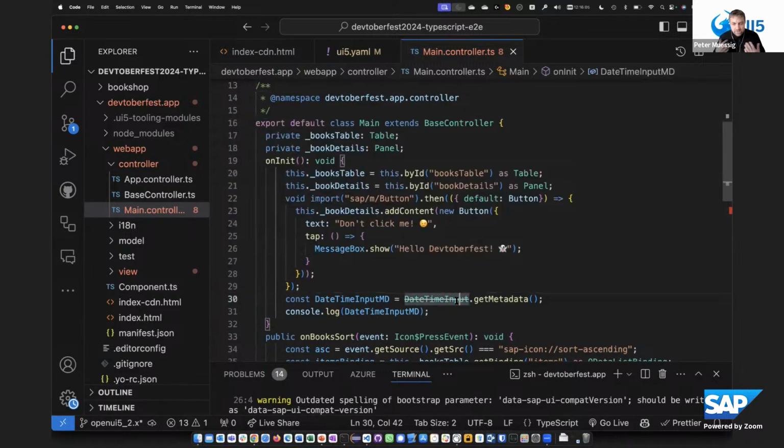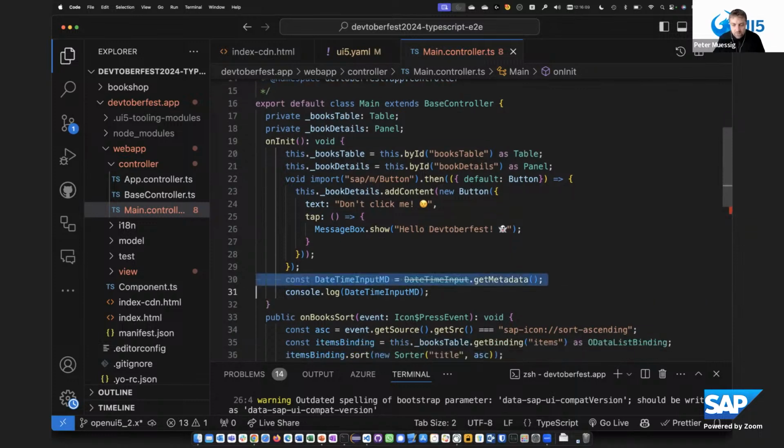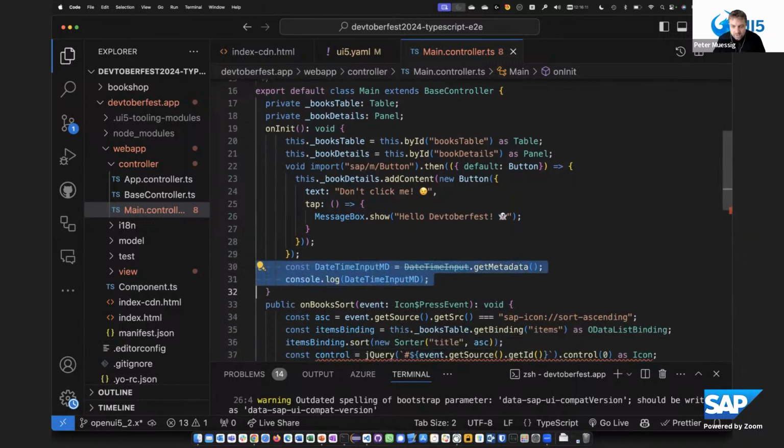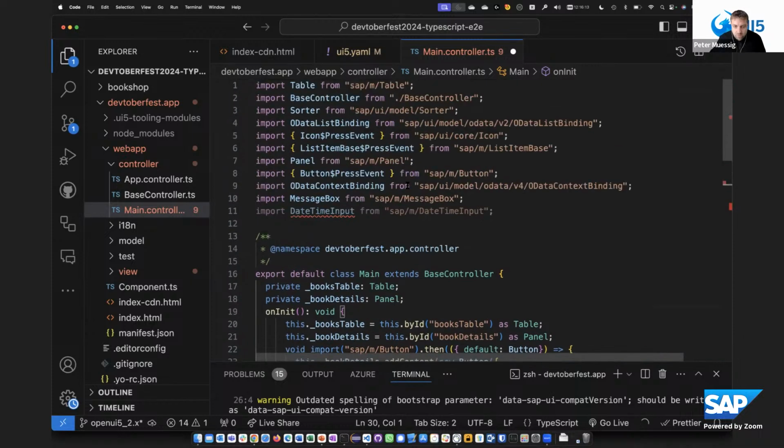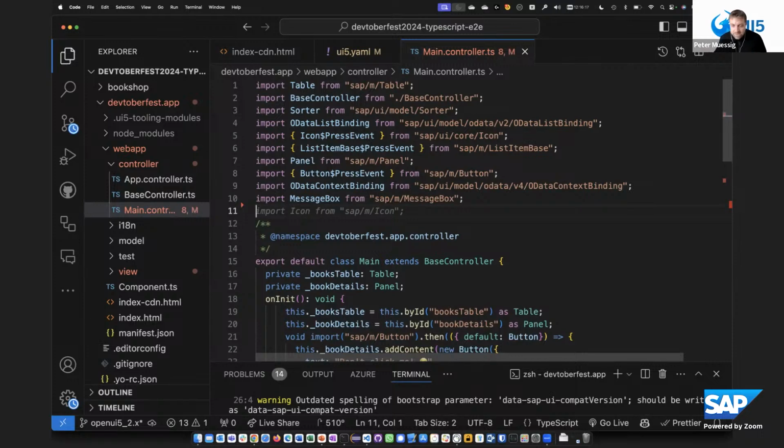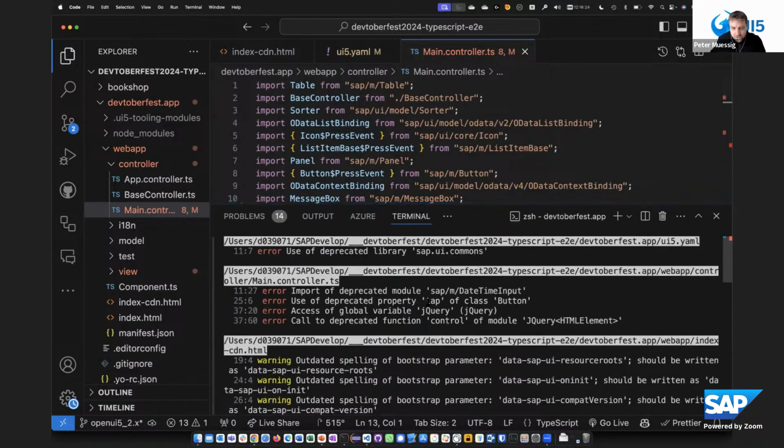That's also one interesting point why TypeScript is so essential and helps you then to spot issues in the code. So I removed that because I did only some logging, some stupid get metadata logging of that in the console, so I can simply get rid of that part. So now looking into the next issue, I see, oh, it detects that I use a deprecated property of the